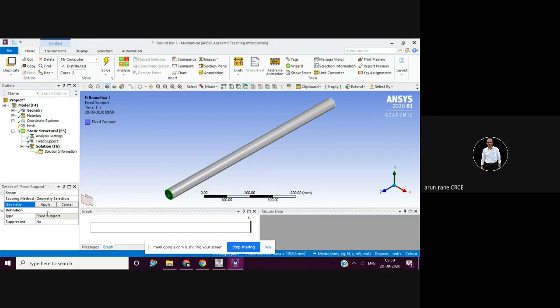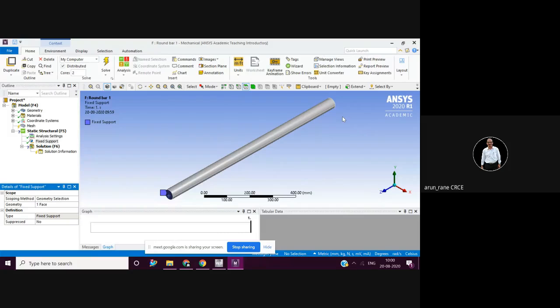Do not forget to apply. And yes, now you also have to see whether this one face has appeared here. That means yes, face has been selected, and you also have to note whether it has been tagged or not. Now you can see that the tag symbol has come here. Alright.